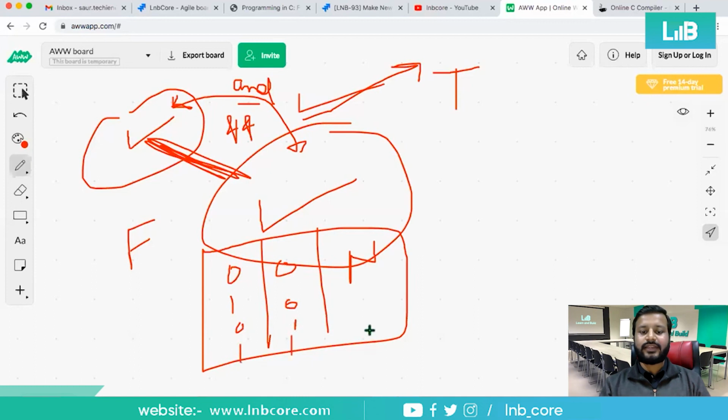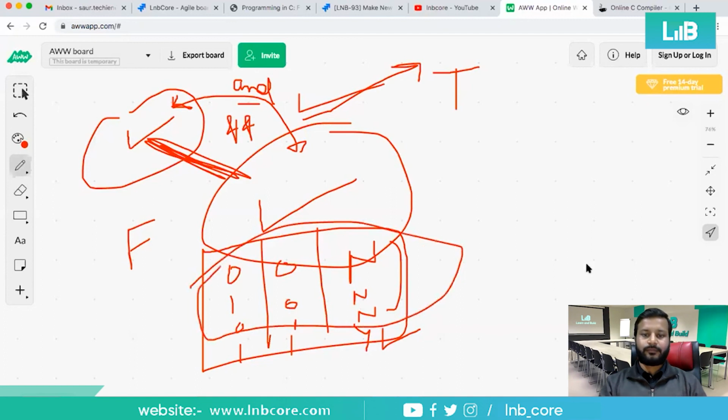In this case only yes will happen, and in all other cases no will come up. So for this only you'll get true, and for other cases you'll get false. Is that okay?